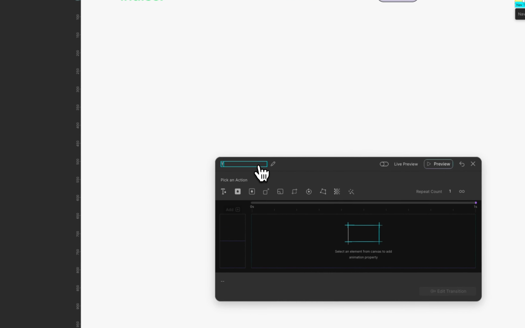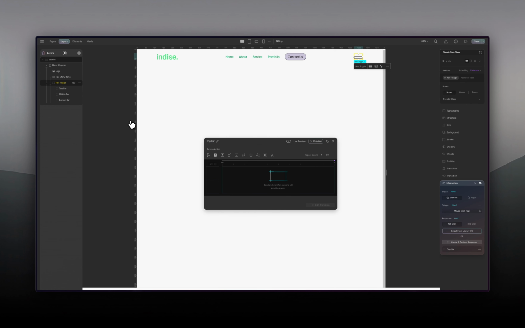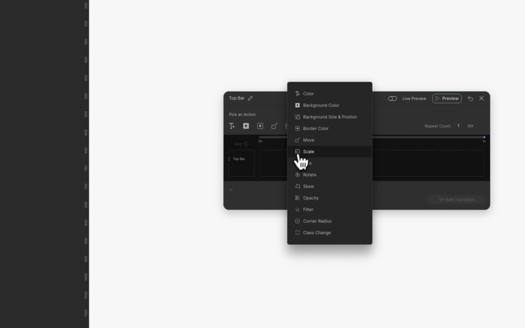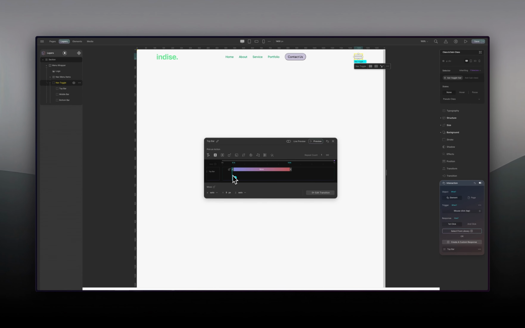We're going to change this one to top bar. And then we are going to select what we want to animate, which is the top bar. So let me click on top bar. And then for this, I'm just going to click on here. And the first thing I want to do is I want to move it down. Click here. Let's say I want to move it down like 9 pixels. And the next thing is that I want to also rotate it.